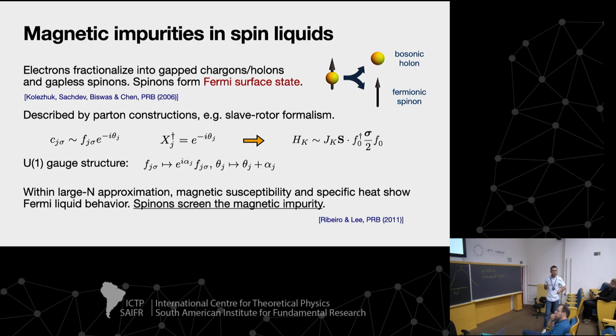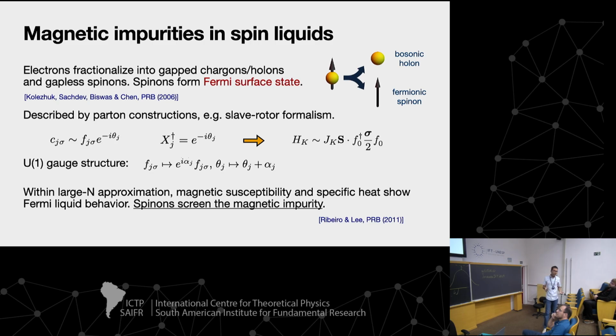So which already suggests that the Kondo effect will survive in this language if you replace the electrons by fermionic spinons with a spinon-Fermi surface. This picture is a bit too simple because this kind of representation comes with a U(1) gauge structure. The physical electron operator is invariant under this U(1) phase transformation, which in theory means that there is an emergent gauge field that will generate interactions between your bosonic holons and your fermionic spinons in this kind of theory.